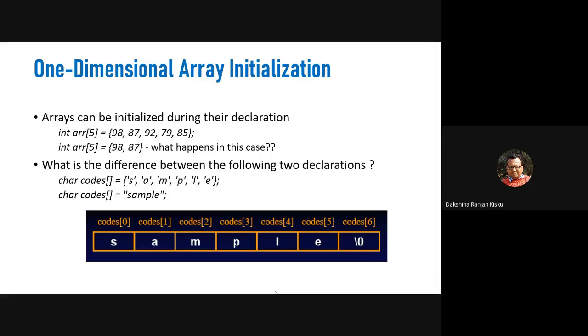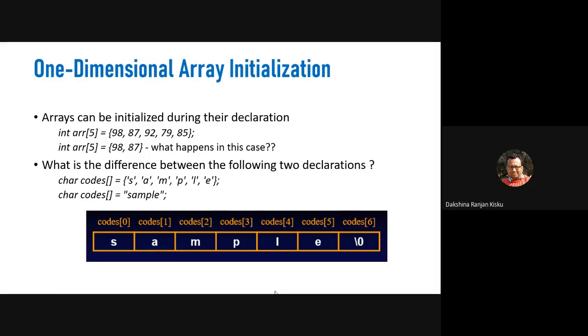If we try to print this array codes, then what will be printed for both cases? Any idea? Both will print the same thing, sample. For the first one sample, and for the second one, I think only S will be printed.